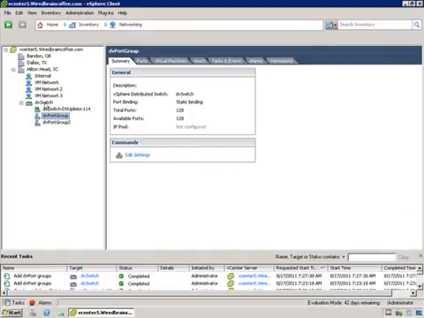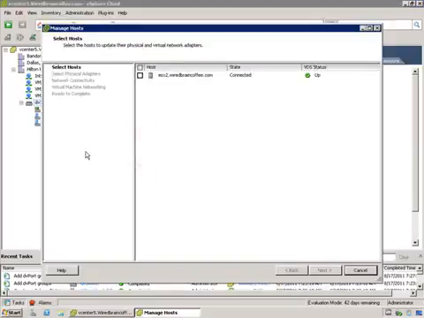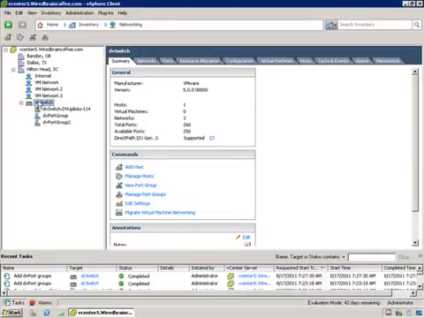Under the virtual switch itself, if you select it and right click on it again, you have a bunch of options. You can obviously select Manage Host, and then you're managing the hosts that are available or that are participating in your virtual switch. If you right click it again,